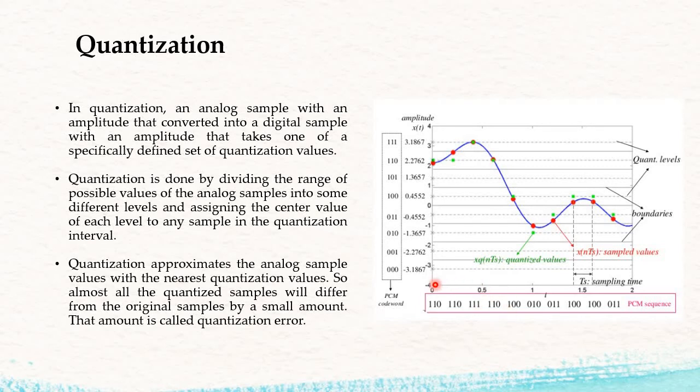It will round off the samples present in that particular range, so a range is quantized, or we are just approximating the range. See, from 2 to 3 we have values 2.1, 2.2, 2.3, whatever, up to 3. Whatever values are in between, they are all approximated to a level, 2.2762 in this particular case. So in this way we perform quantization.